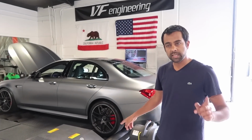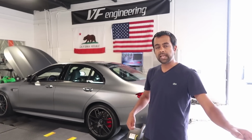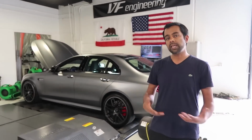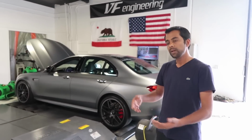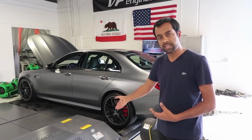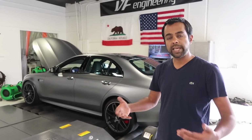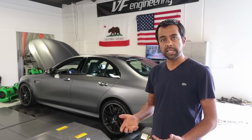So the key difference is load and no load. Dynos with no load will typically enable the car to put out more power because they'll see a lower load calculation in the software in the ECU, and the ignition timing will ramp by itself upwards and enable the engine to make more power. When the vehicle experiences a greater load, such as on the Mustang dyno, the engine will put out less power. It'll actually experience a higher load and therefore run lower ignition timing, therefore putting out lower